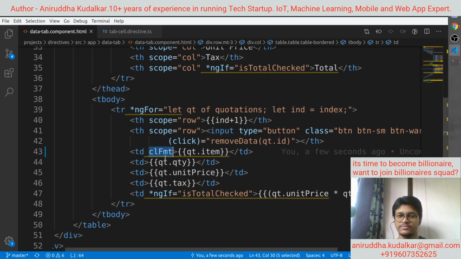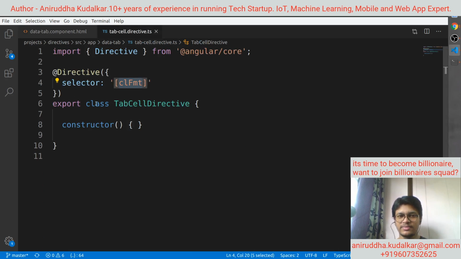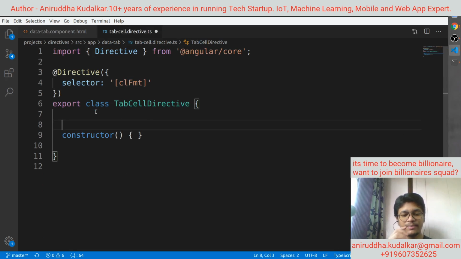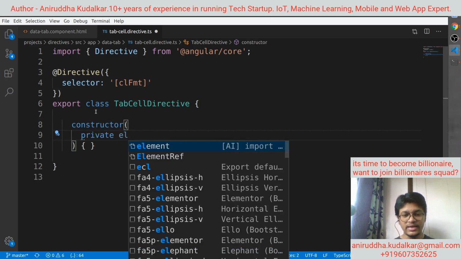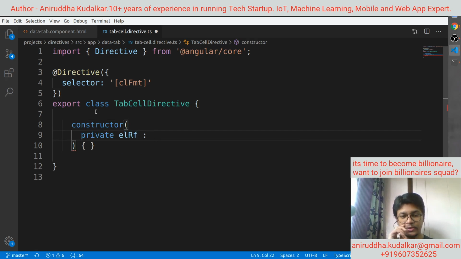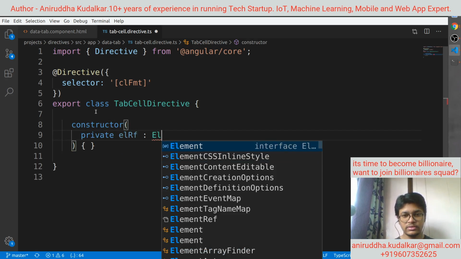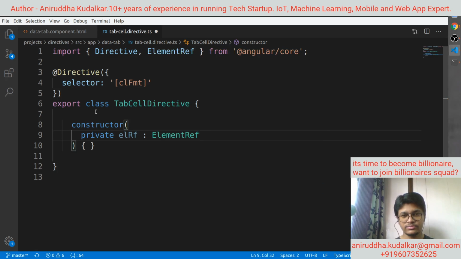Now remember that when you say clfmt, on which element you have attached this CLFMT, that is accessible inside this by means of element ref. So I can say there are two dependencies here, private ELRF, here you can say element ref,